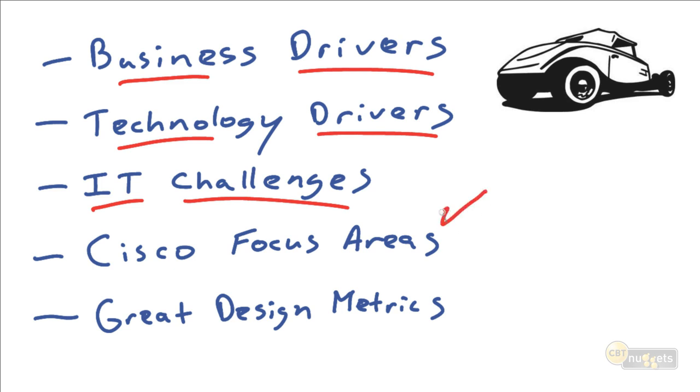We examined the areas of focus for Cisco, things like collaboration and the data center and virtualization. And another huge area that Cisco focuses on is that borderless networking area. And finally, we wrapped up by taking a look at metrics that we can easily use to gauge the overall effectiveness of our